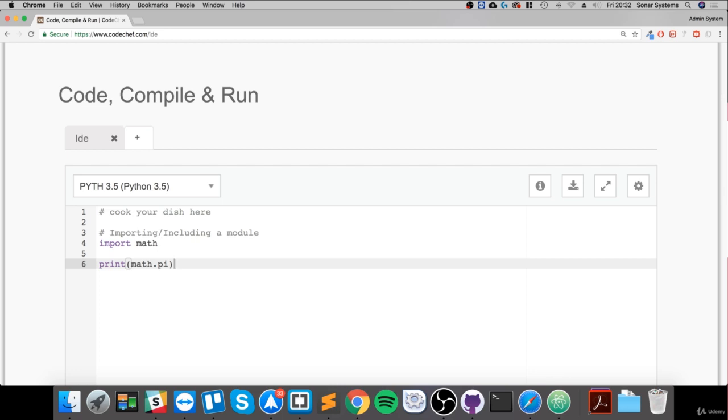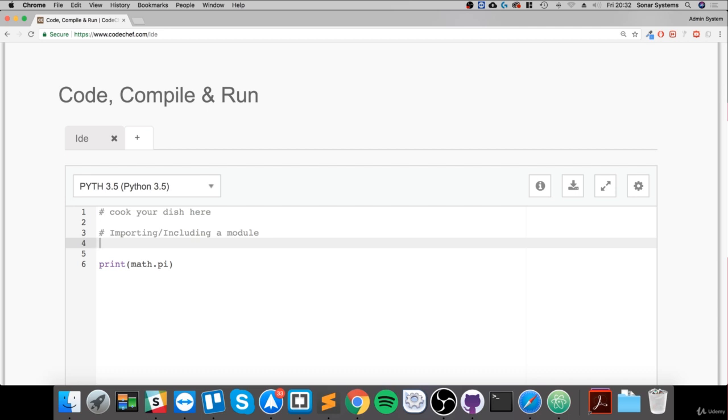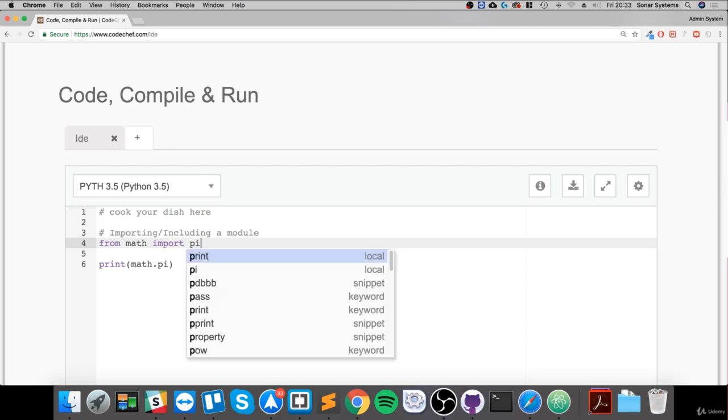But this can potentially have a lot of overhead, because this has included all of the math module. What you can do is just include a part of it. If I literally wanted just the pi part, I can do from the module name, so from math, and then import what I actually want to import. So if I just say pi,